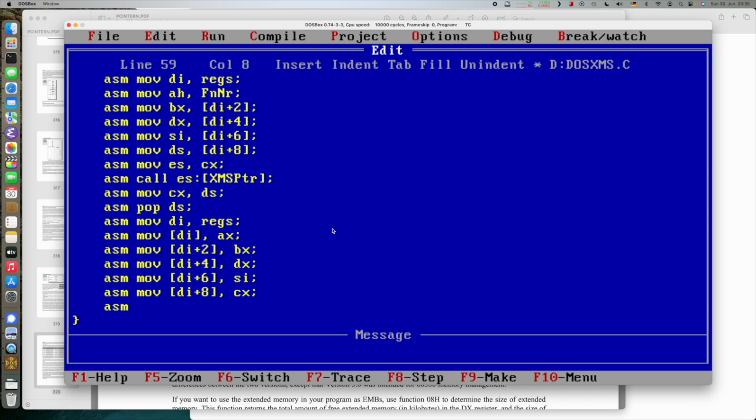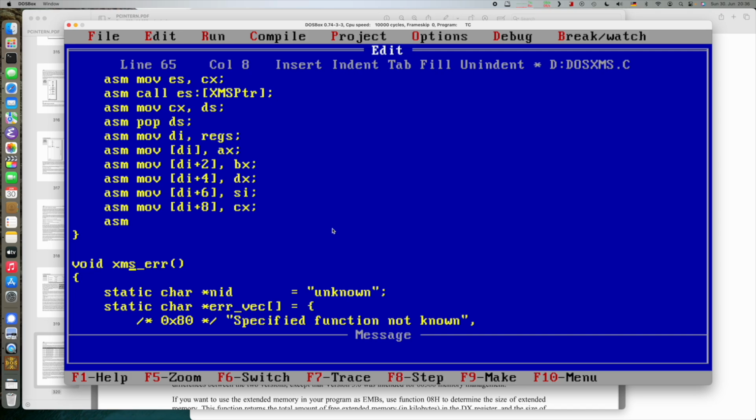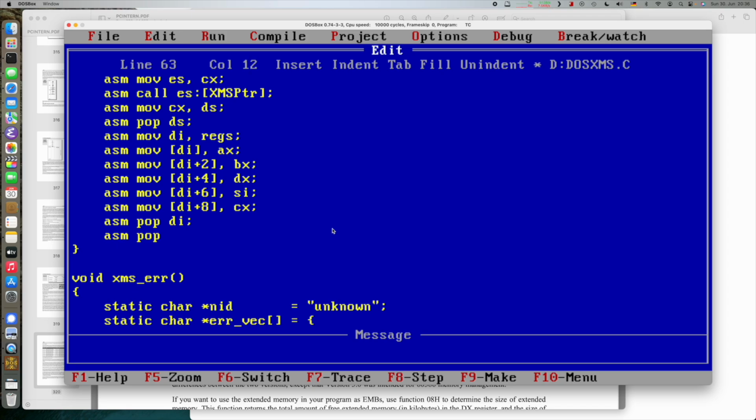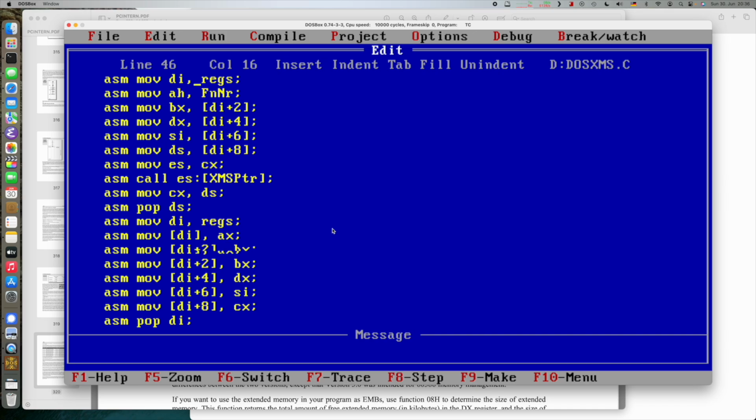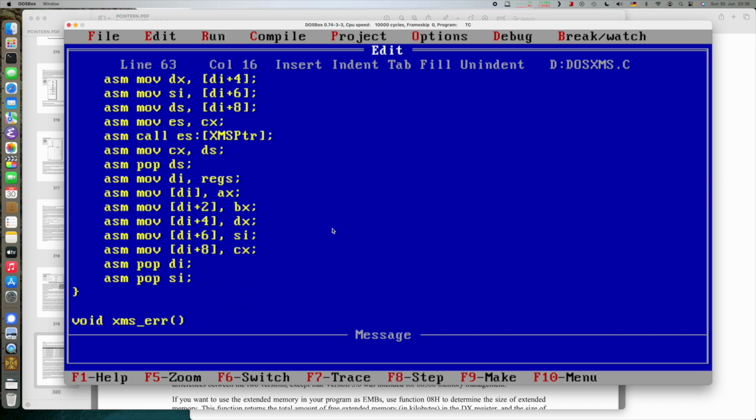And also we pushed DI and SI onto the stack, and we have to pop them in the reverse order. So pop DI and pop SI. And that's it. That is a complete XMS driver call. Take your time to try and figure out what we did there. The most important thing is the AX value